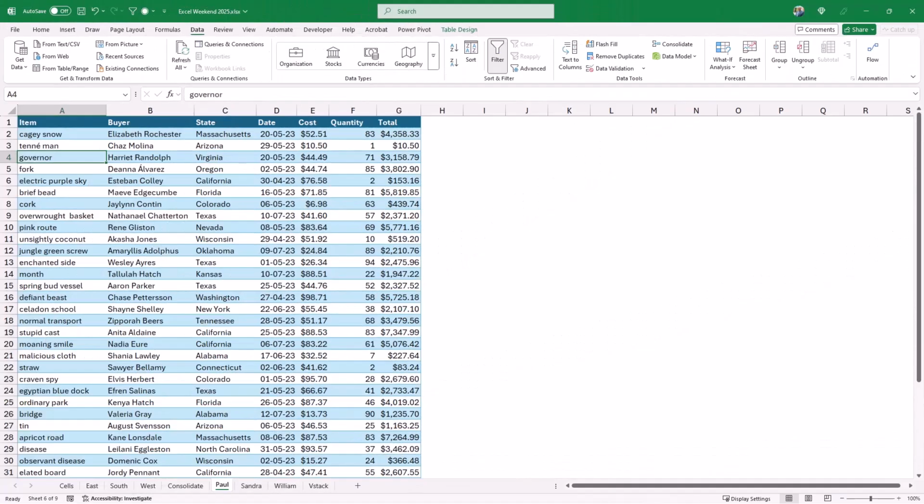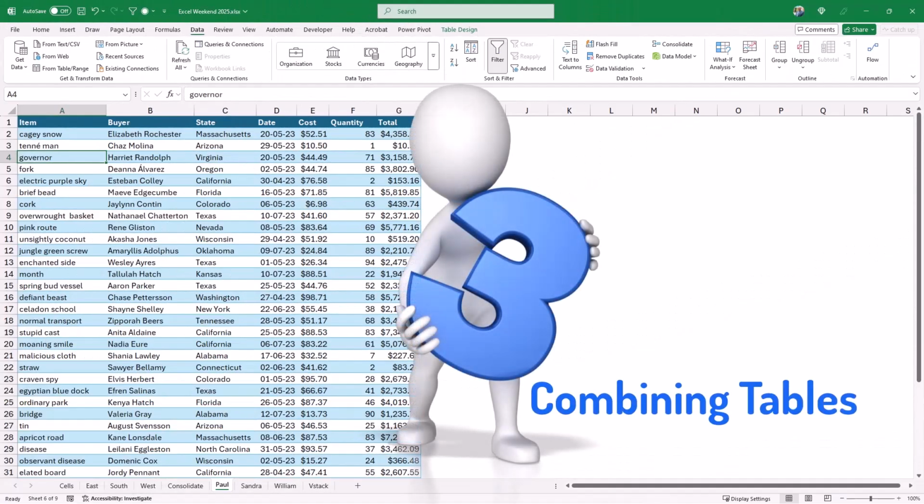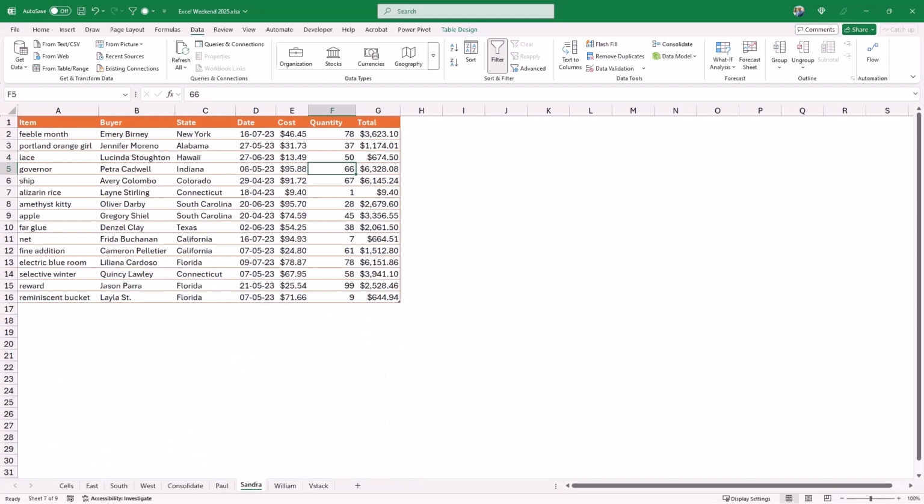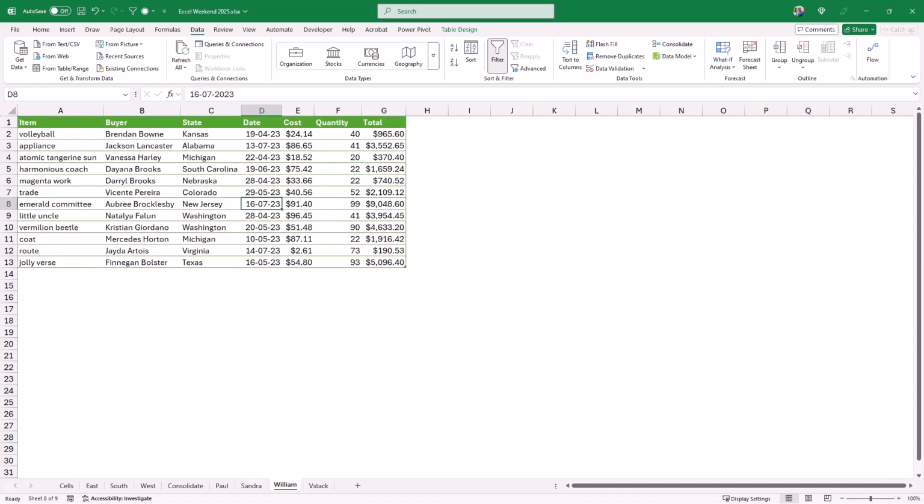In my next example, I have sales data corresponding to one of the sales managers, Paul, in the Paul worksheet. And my data is in a table. I have 7 different columns, and I have the same exact columns in the next worksheet named Sandra, but with different values corresponding to another manager. And in the next worksheet, I have the same exact setup, the same exact structure, but for sales data corresponding to the sales manager, William. I want to combine this data all together, and because I named the tables Paul, Sandra, and William like the